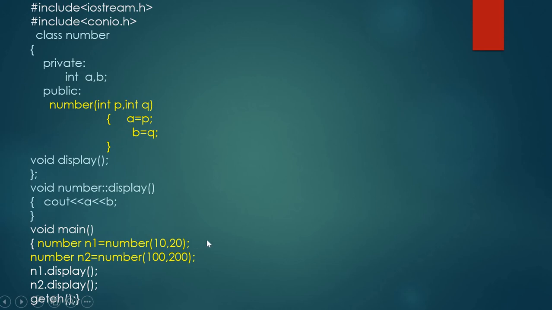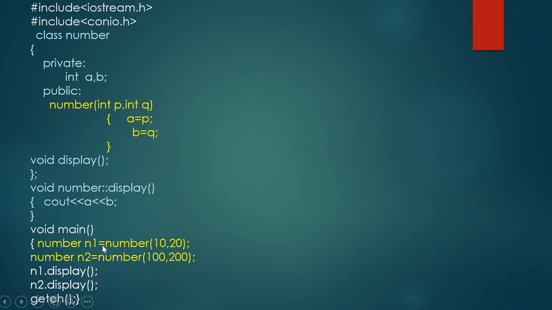Here 10 and 20 are passed to this P and Q. P will get the value 10, Q will get the value 20. Then A is initialized, A will get the value 10, B will get the value 20.